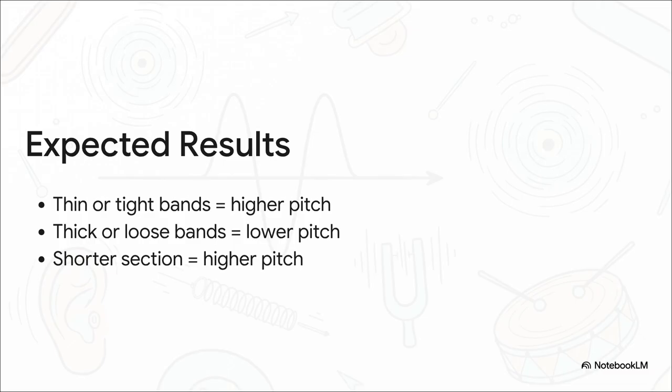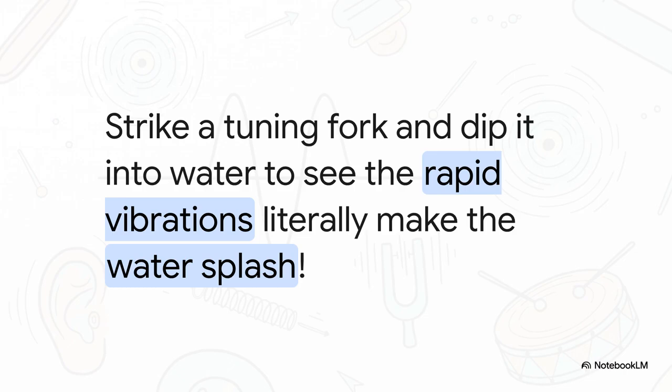It's beautifully predictable physics. To really hammer home the reality of this kinetic energy, let's look at one final super powerful visual proof. If you ever get your hands on a metal tuning fork, strike it hard against a rubber surface. It'll emit a clear, ringing tone. But if you look closely at the prongs, they usually just look slightly blurry. They're vibrating far too fast for the human eye to track.